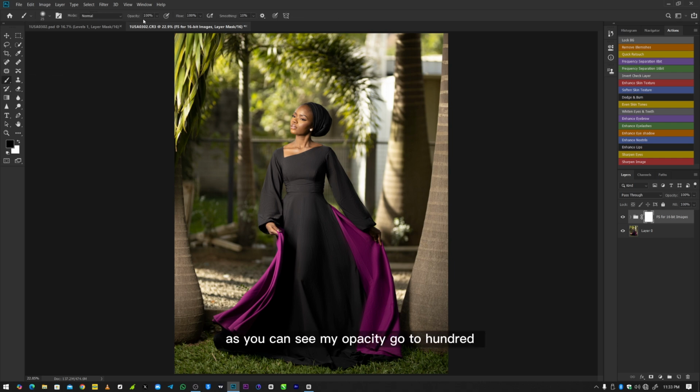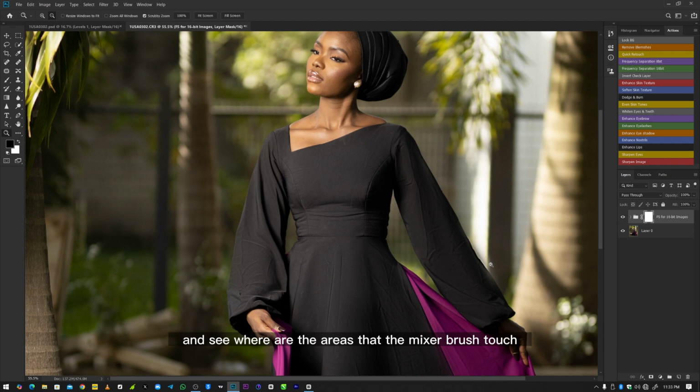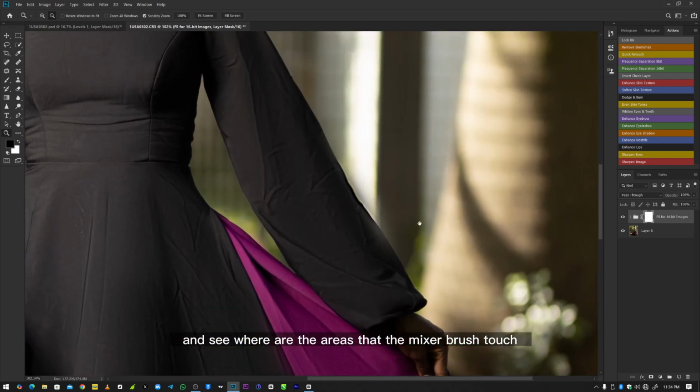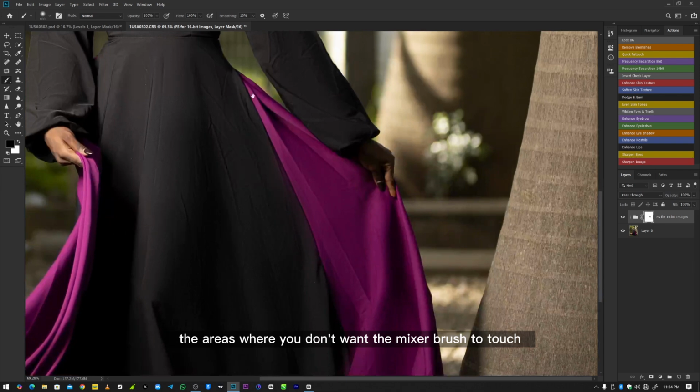As you can see, my opacity will go to 100, flow also 100, and then I zoom to the image and see where are the areas that the mixer brush touch and I don't really want it to touch. So just like this area, as you can see, I will just brush using my black foreground. Don't forget to toggle to black foreground, which is hiding, and then you hide